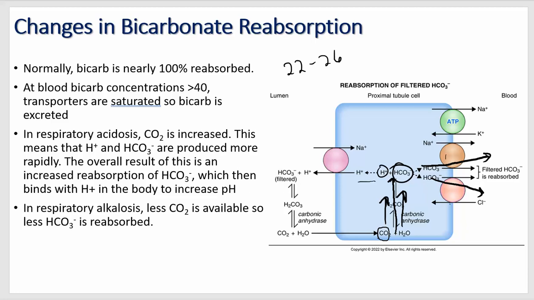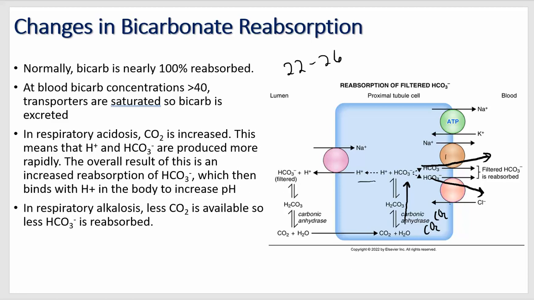Well, this is how it does it, because during respiratory acidosis, we have more carbon dioxide. So that means this whole equation is going to happen more rapidly and more freely. We're going to have more carbon dioxide available for this reaction to take place, which then binds with hydrogen in the body. So more bicarbonate binds with hydrogen in the body to get rid of those free hydrogens, which is going to